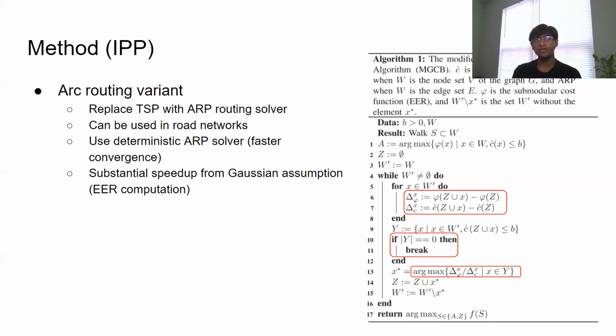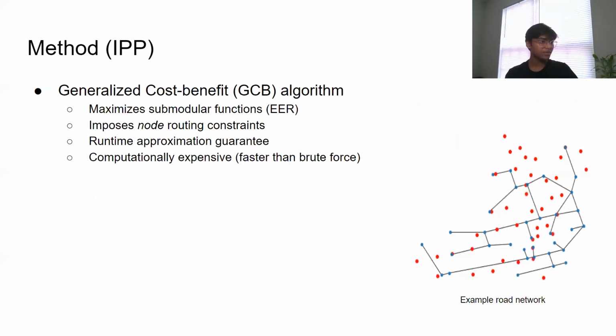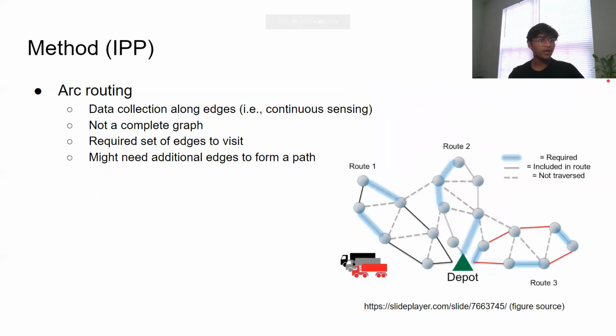Not necessarily. The way we construct our solution path is, let me go back to another slide over here. Given our graph, what the GCB algorithm is doing is it's selecting edges to traverse which it believes have high amounts of information. And we do this by selecting one edge at a time.